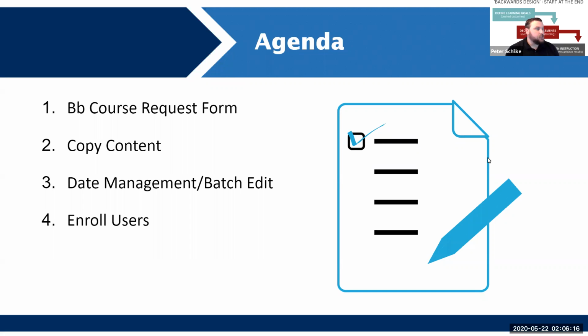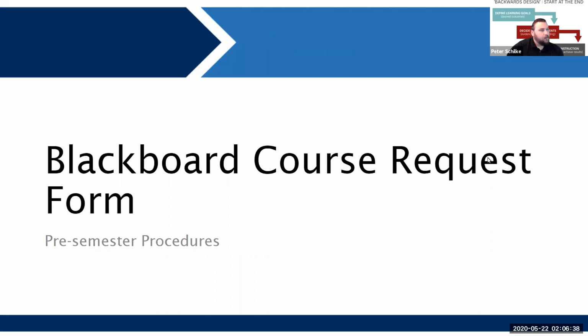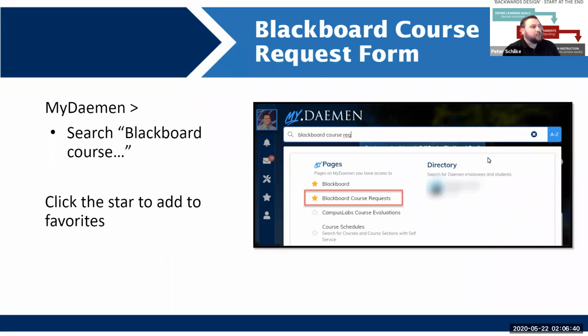So how to quickly make those changes, or how to set up our course so that we can more rapidly make those changes. And then finally, the enrollment of users and going over the timeline for when you can expect students to be auto-enrolled and what you can do as an instructor to maintain your own enrollments manually as well, in case you do not want to rely solely on the auto-enrollments. But jumping in and getting started,